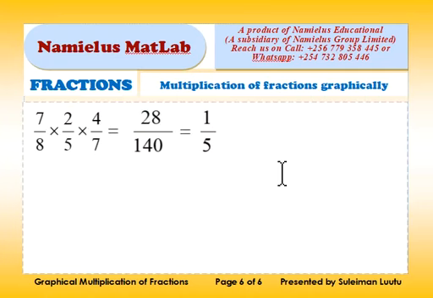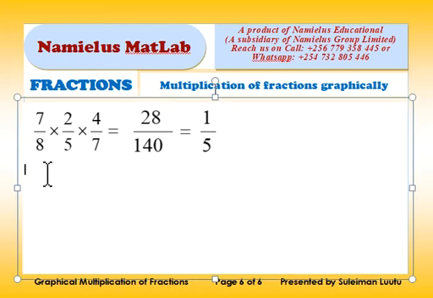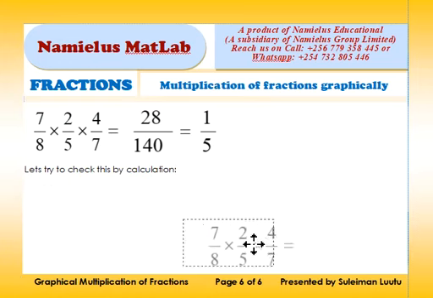7 out of 8 by 2 out of 5 by 4 out of 7 is equal to 28 over 140, as we have seen in our graphical representation. And when it is cancelled out, it gives us 1 out of 5. Let's try to check this by calculation and see what we get. For example, what we have is this: